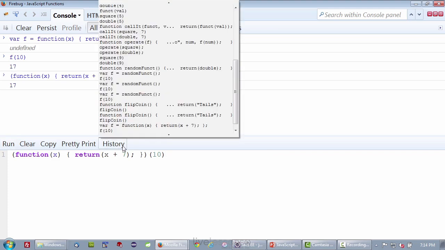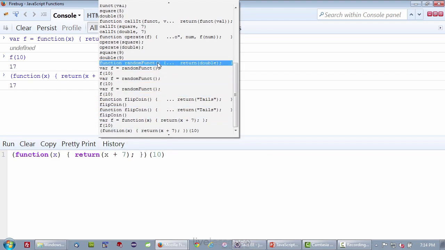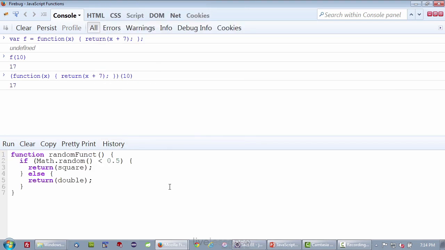So let's go back and revisit the random funct function. Well, this design is really a little bit deficient because it assumes that you've previously defined a function called square and double. It's not self-contained. If you don't define those functions first, this won't work. So much more natural would be to define the functions right inside the return statement. Function of x that